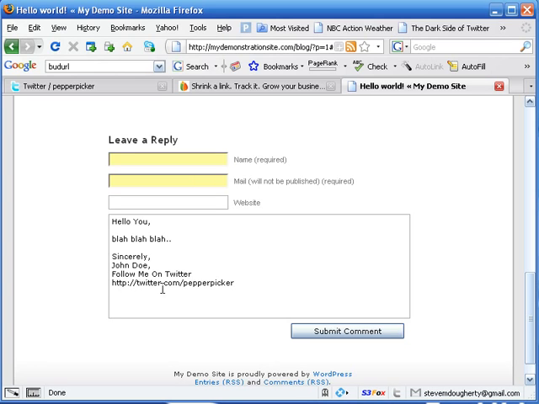Otherwise, if you were to see, follow me on Twitter, and you see something like a bud url.com, blah, blah, blah, then what the heck is this? In this day and age of spam mentality, that could be what one might think, in which case you're not going to get them to click on this link. So consider that in determining whether or not you're going to use a tracking URL or just the absolute URL.